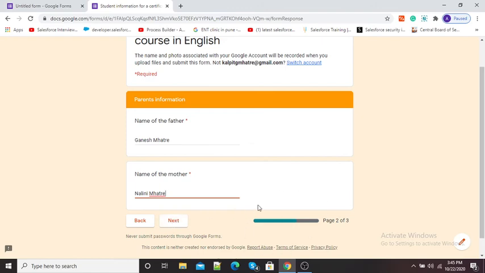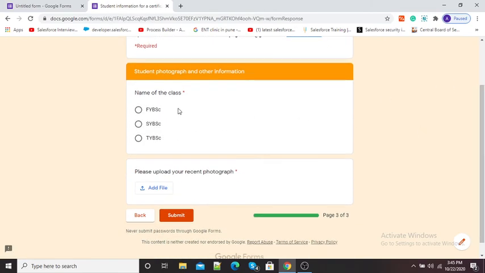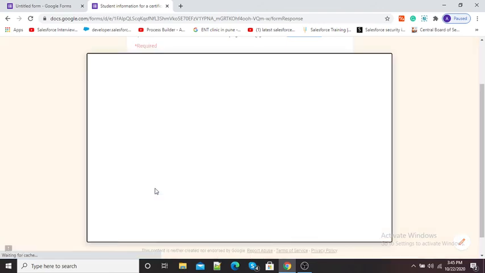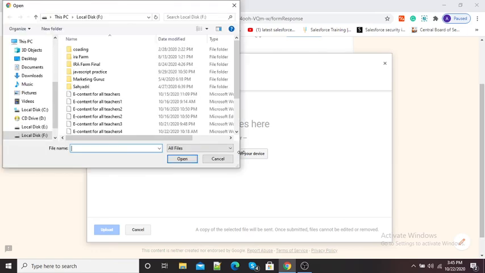Here you can see a progress bar is there. It is showing page 2 out of 3. I will click on next. Here you can see I will select my class and I will add my picture in the form of a photograph. So select files from your device. Students can also select a file from their laptop, computer or mobile phone.